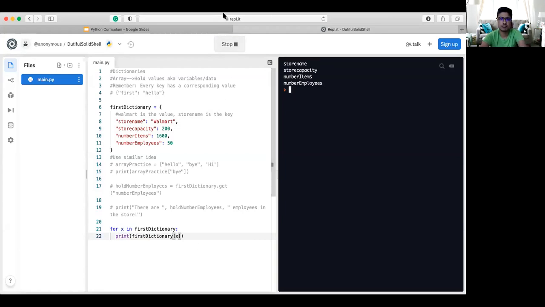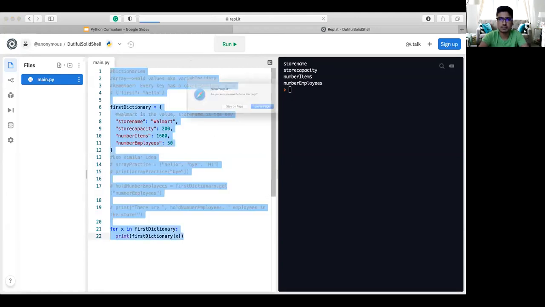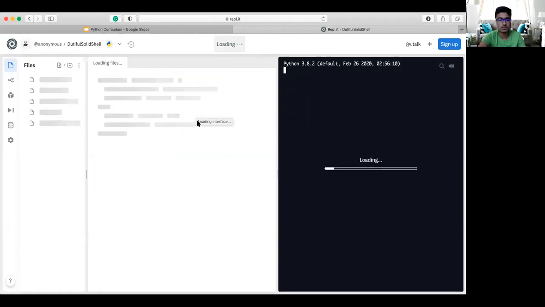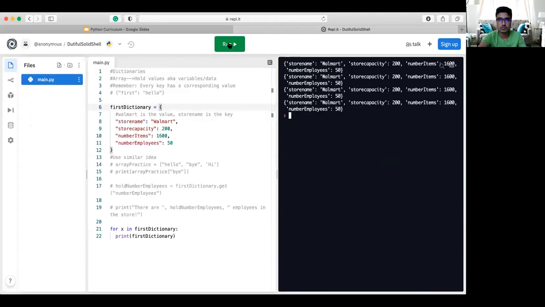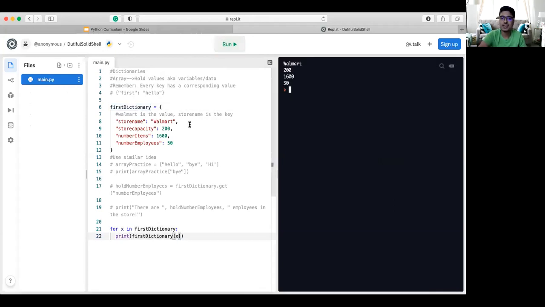oh, why is this not compiling? Give me one second, let me refresh my screen. And we see that all of the data is being printed out about our dictionary. However, if you want to get one specific piece of information, all you have to do is use brackets and then the index, and we see that all of the values are being printed out because we specified a specific key. So in order to visualize this in a better manner,